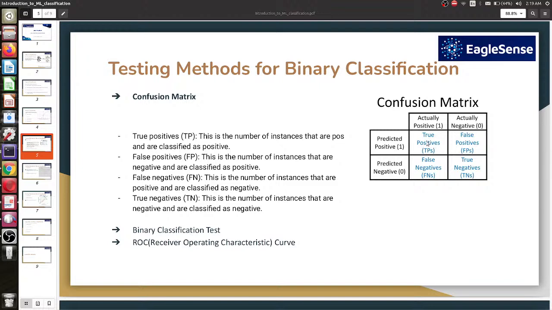And yeah, let me correct myself, I think I made a mistake. When you have the actual positive, it is not the true positive, rather it was a mistake there. So actual positive against the predicted positive, you have your true positive. Then actual negative against the predicted negative, you have your true negative. Now the definition on the left is showing that true positive, this is the number of instances that are positive